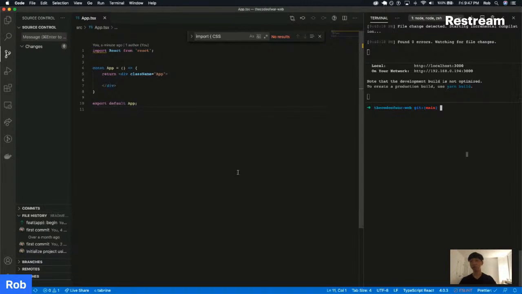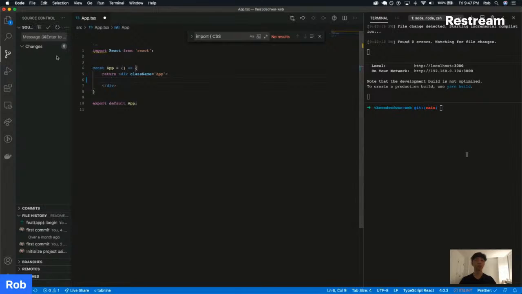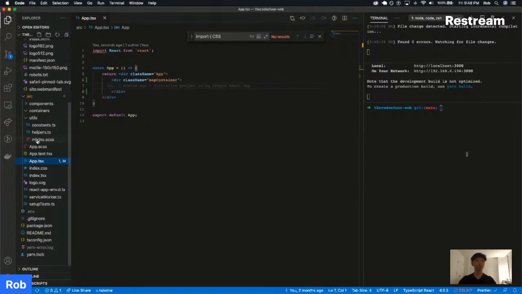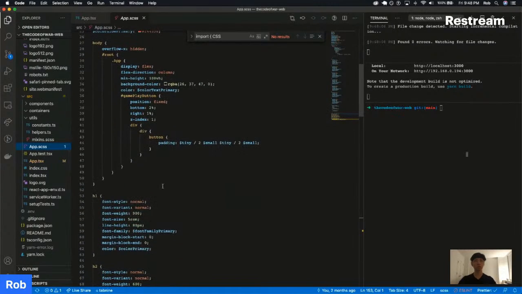So I have a fresh install of a new app. It's quite blank, completely blank, and we're going to fill it in with a grid now. I'm going to call it a game container or map. Let's do map container. Okay, and let's add some CSS grid to that. So we probably want, actually better yet,